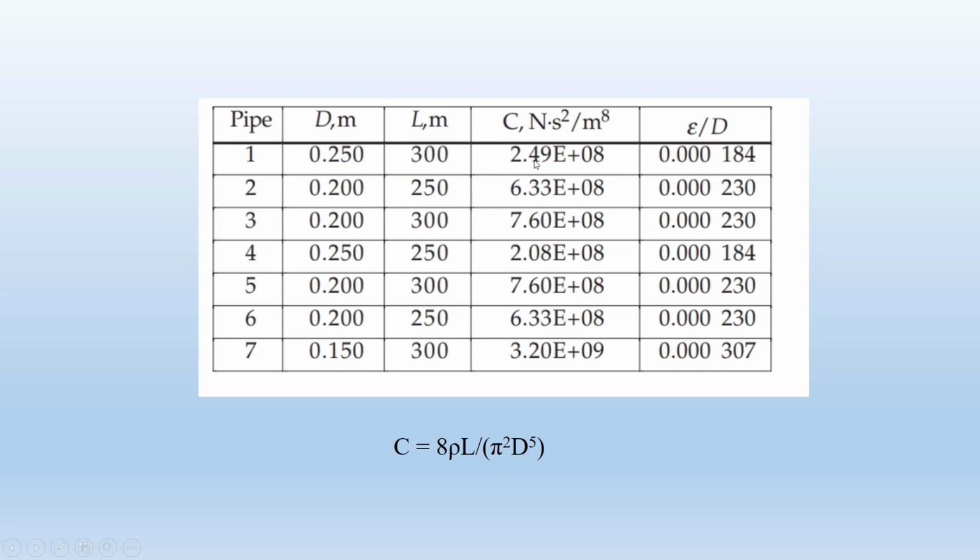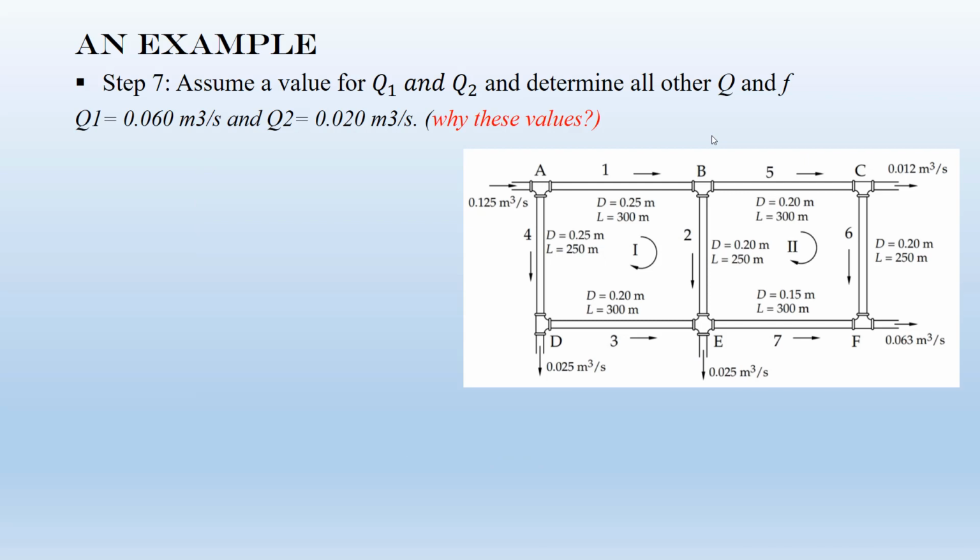So you can find the C. This is the definition for the C. And then the relative roughness. So these are all available information. Normally you have this part, and then you need to calculate C, and then you need to find epsilon, and then calculate epsilon over the relative roughness. Now, what you need to do, you need to start from the